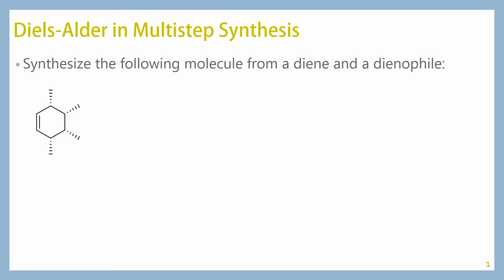So the first thing that we want to do is analyze our molecule and see if we can figure out anything right off the bat. First, what you probably notice is that the product is all cis. All four of the methyl groups are pointing in the same direction. So this tells us that our dienophile must be cis